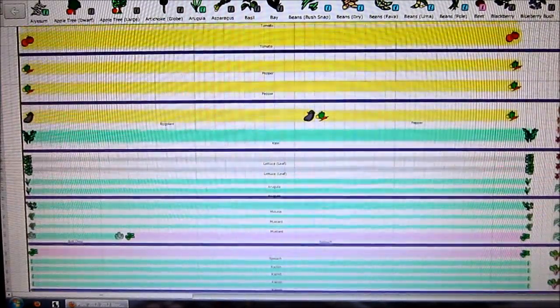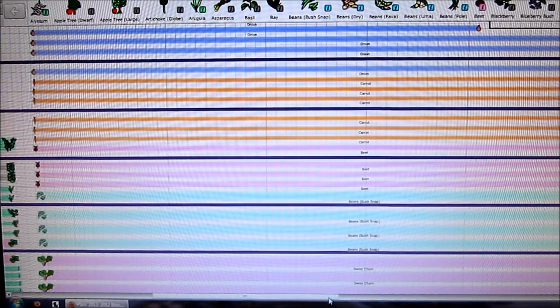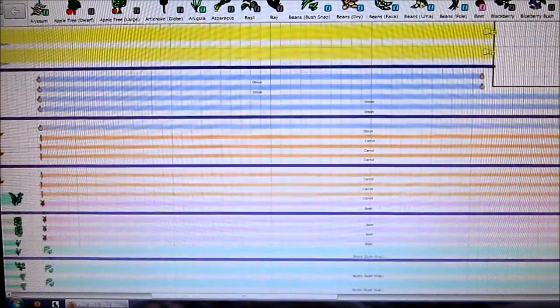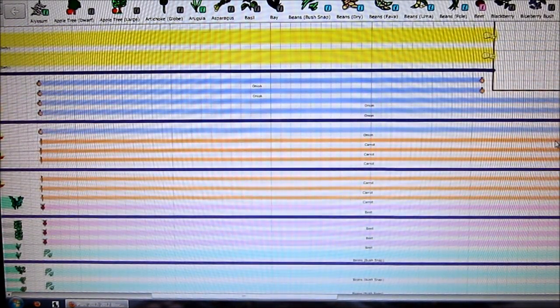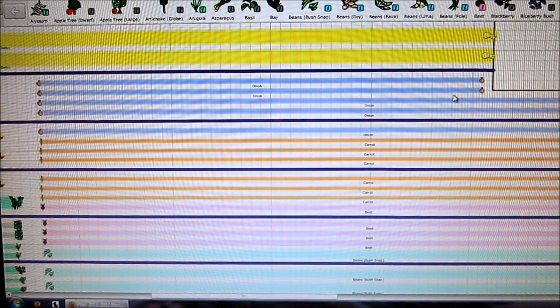Alright, anyway, before we go down to the other crops, we'll just slide over. Here, the majority of these rows are all around 70 feet, give or take. I want to leave a little bit of a gap here to walk. But anyway, starting at the top, I got 5 rows, actually 3 rows and 2 shorter rows, which equal 4